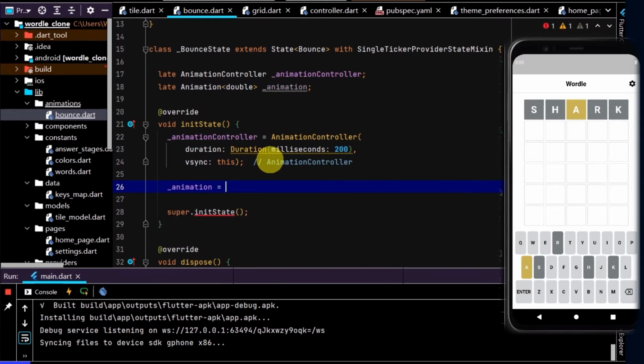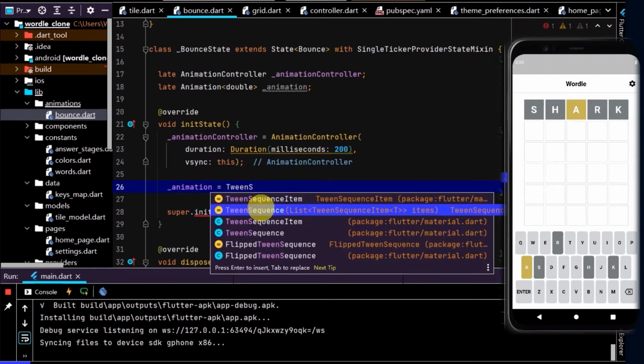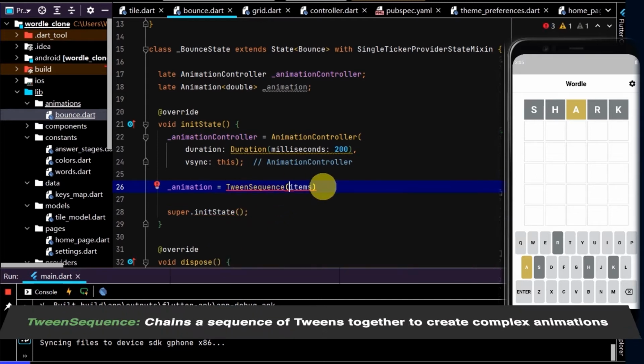Now in this case, I want the widget to scale up in size, and then once it's reached a peak to scale back to the original size. So essentially I want to run two tweens, one from the current size to a bigger size and one from the bigger size to the smaller size. In that case, a handy class to use is the tween sequence class, and that will allow us to run